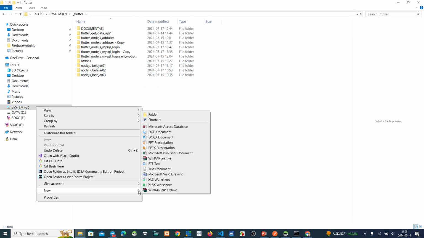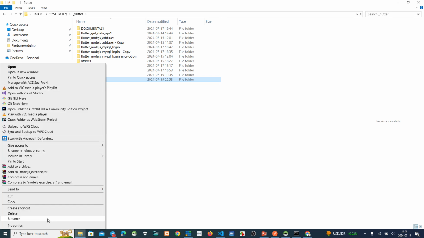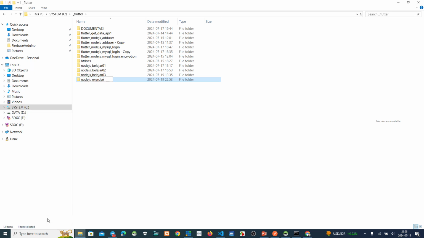Create a new folder here, Node.js exercise 1001.